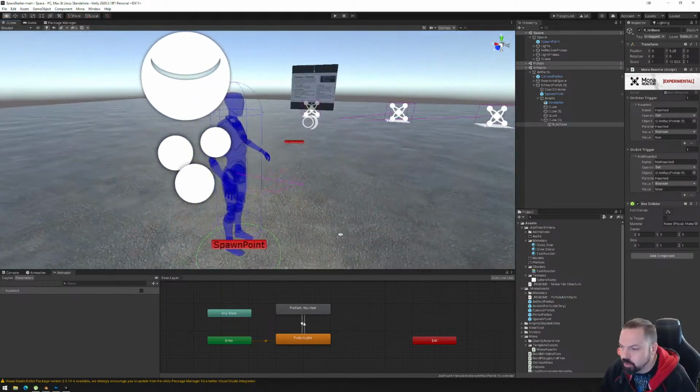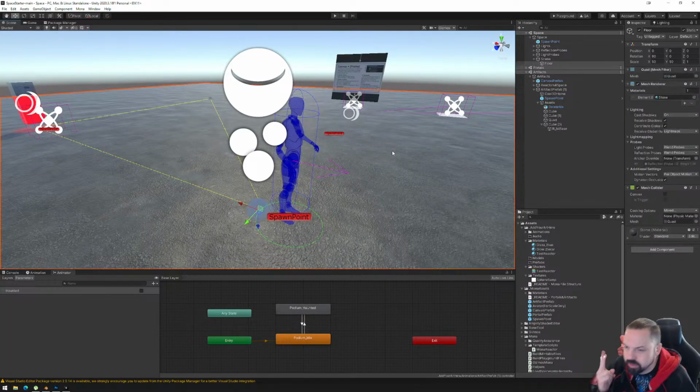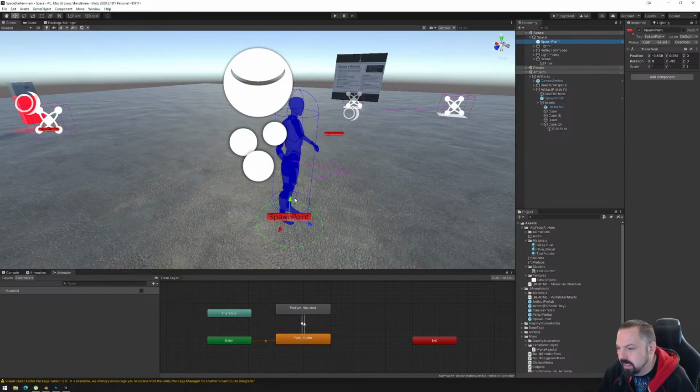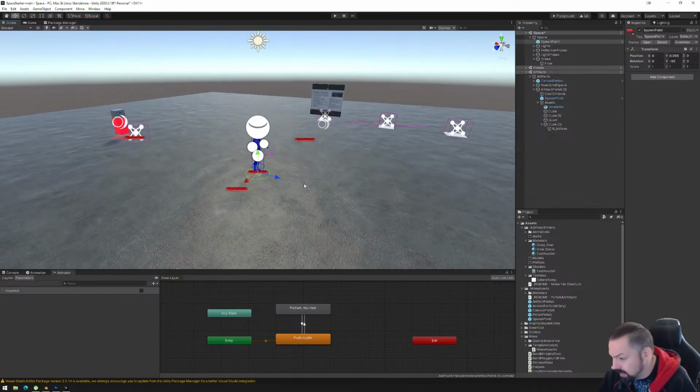All right. Small note with spawn point, because this comes up a fair bit. A spawn point is based on two things to be blue. One is that it needs to not be in a collider. And note that if it is 0, 0, 0, it's still red. So if you do 0.0001, it goes blue, for example. Maybe we can fix that actually, so it's less of a problem. But that said, I would probably recommend putting it up a little bit so you just have that full position. The other thing